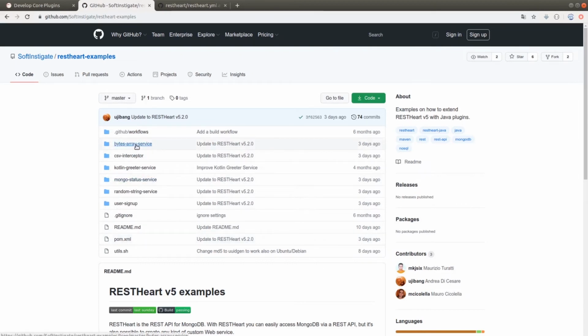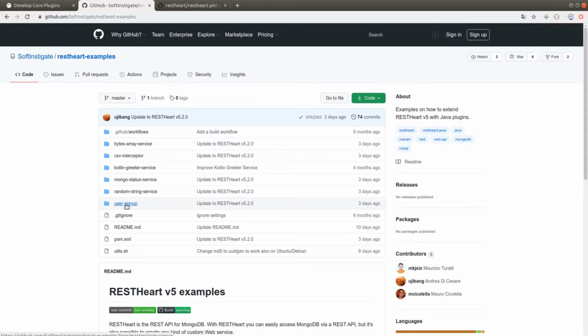Particularly, Bytes Array Service is the classic Hello World. Mongo Status Service shows an example of MongoDB interaction by taking advantage of the client injection. Random String Service introduces the use of additional dependencies. User Sign Up instead is the most complete example, but also the most complicated compared to the others.